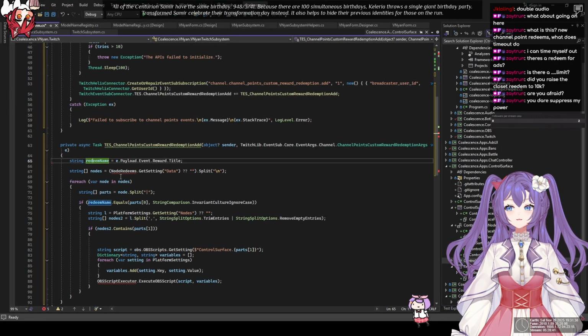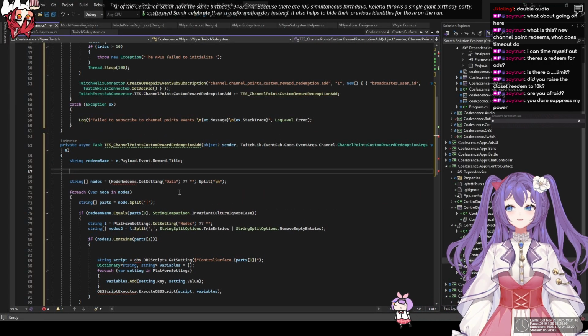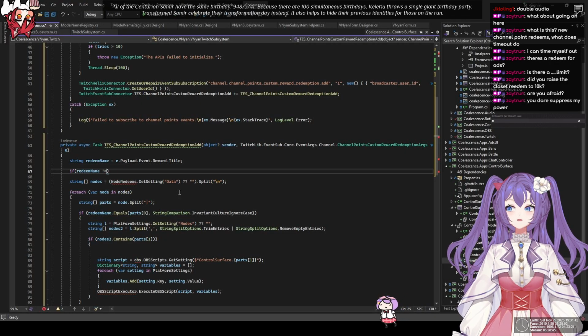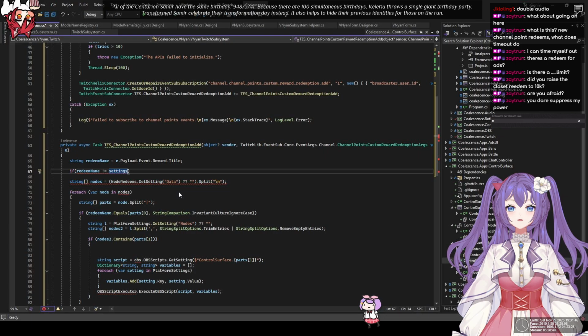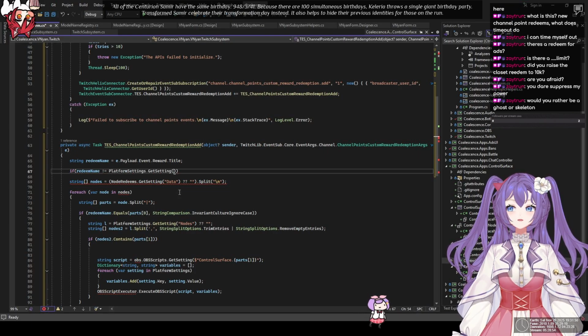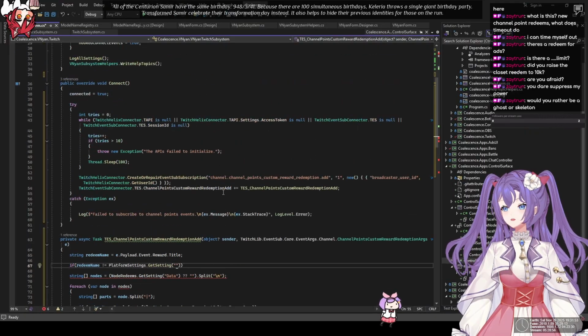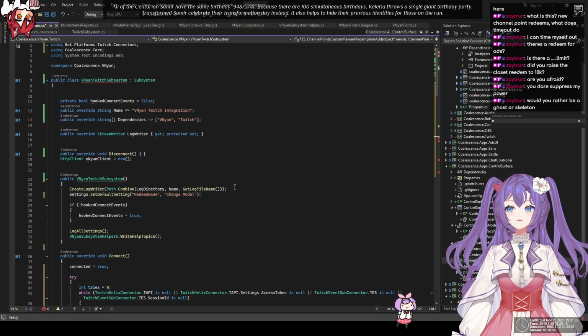Okay. If redeem name does not equal settings get setting of